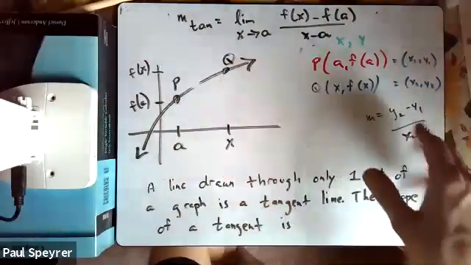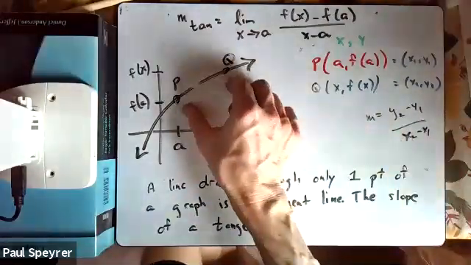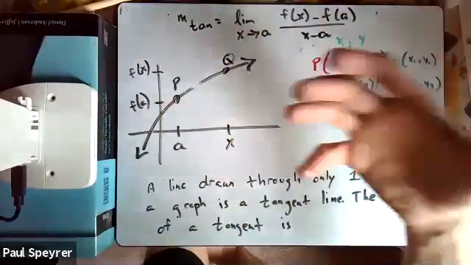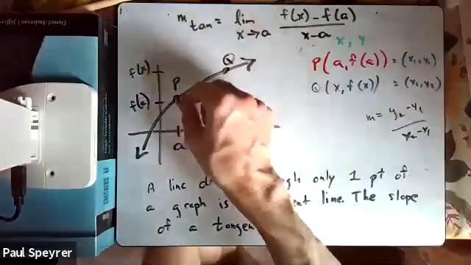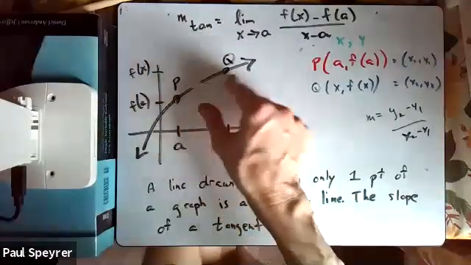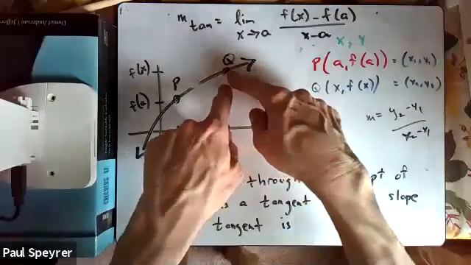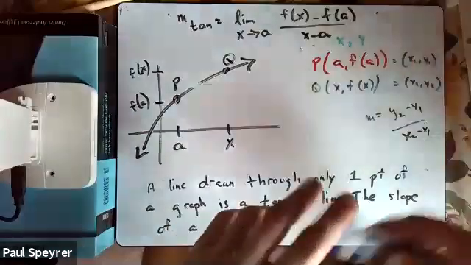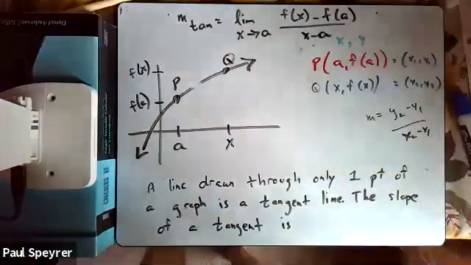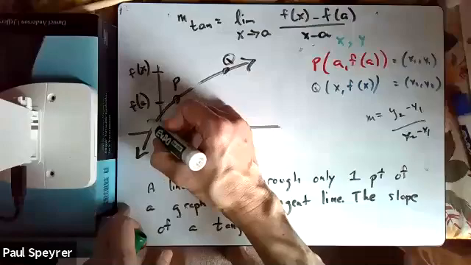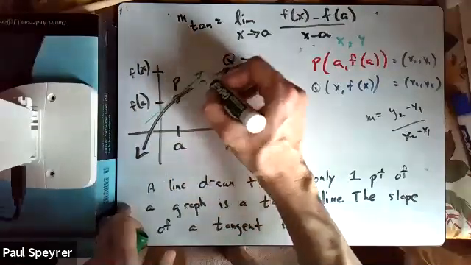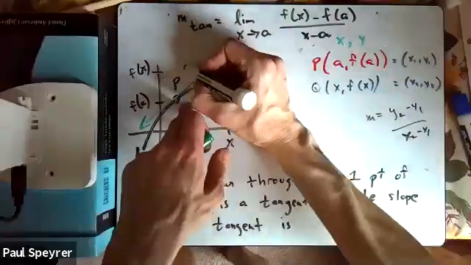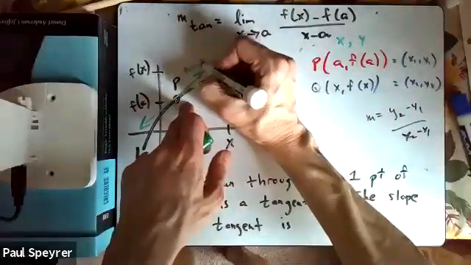So the secant one was basically this, right? That's when you had distance between 2 points. Instantaneous rate of change or tangent lines involve you finding the derivative, or how fast something is changing at that one instant. Again, if we could somehow put this Q point right on top of this P point, and we want to figure out how fast it's changing, if you had to draw a tangent line at P, it would look something like this. It would basically kiss the curve at that one instant. This would be like a tangent line